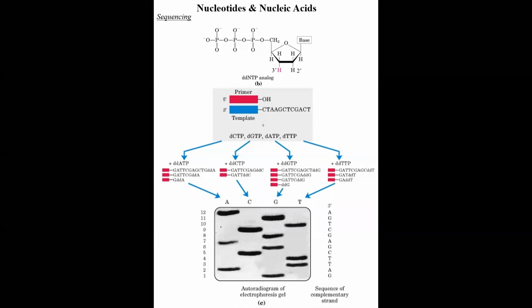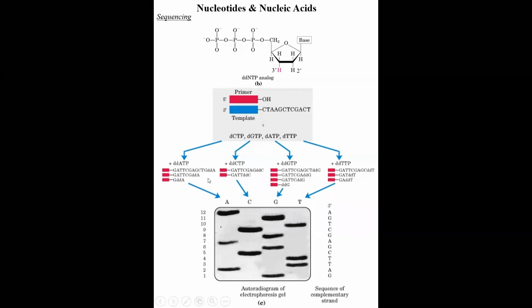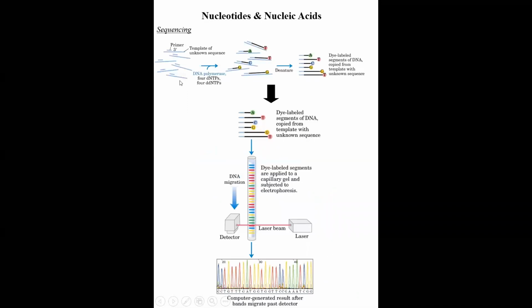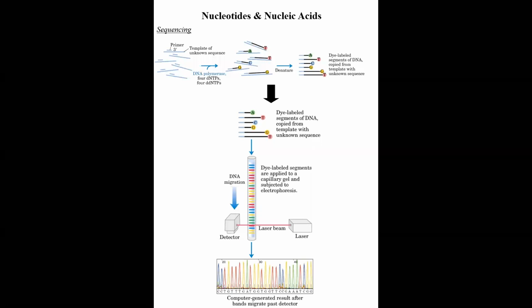In a tube, they used a specific type of ddATP, and then template, and then primer, and then enzyme, and then other nucleotides. So only a single ddATP is there, which is incorporated first, and it terminates the whole reaction. So we will get this type of diagram, or image.